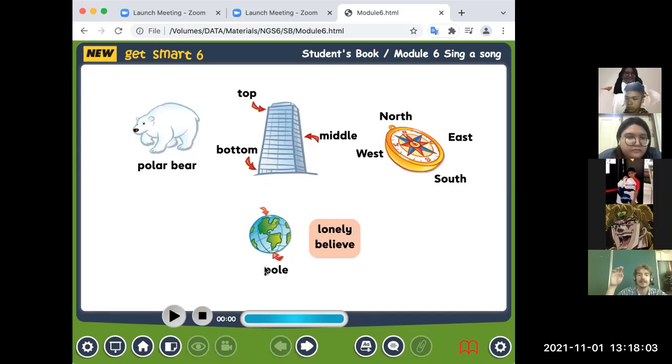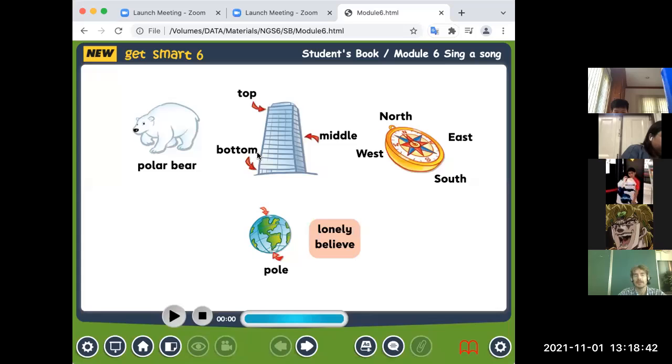Usually we have our maps where North is at the top and South is at the bottom. So they're points on Earth around which the Earth rotates, or which, when we connect, we get a line around which Earth rotates. And I already mentioned two words, top and bottom. They're words connected to position.